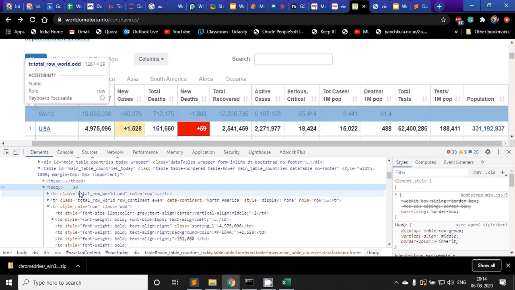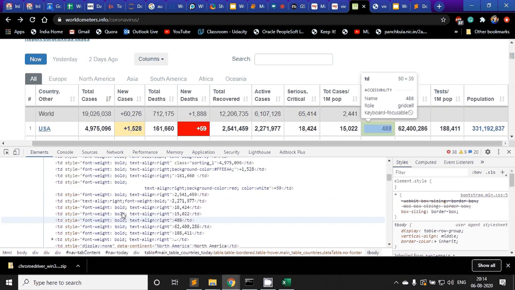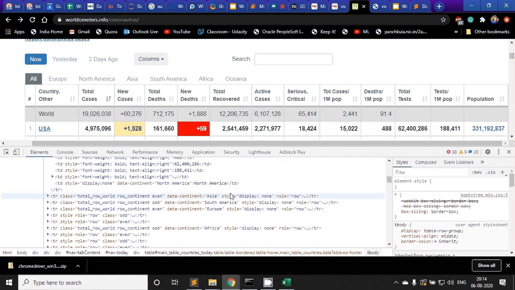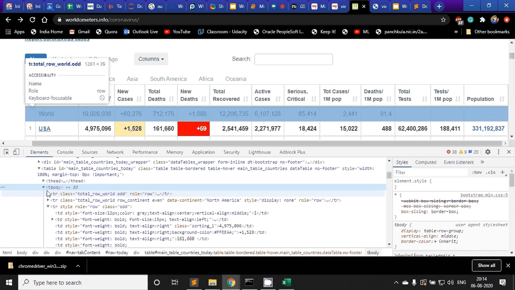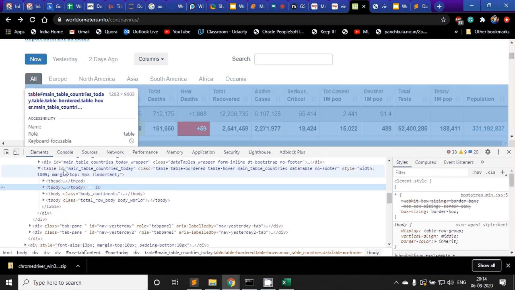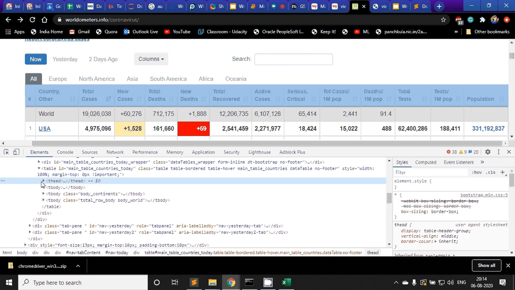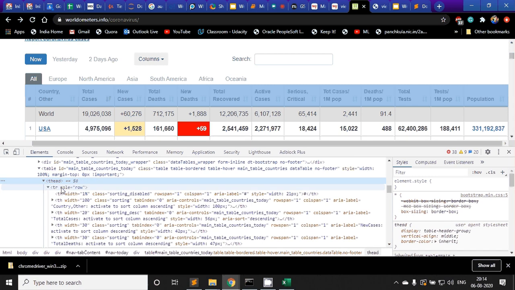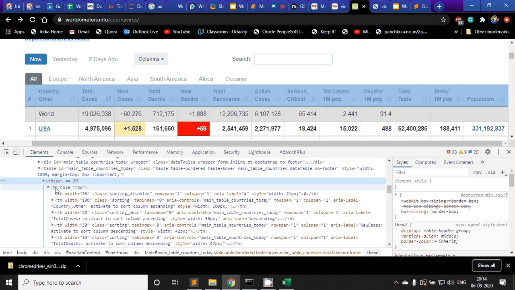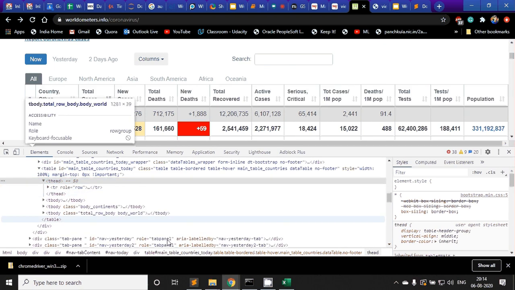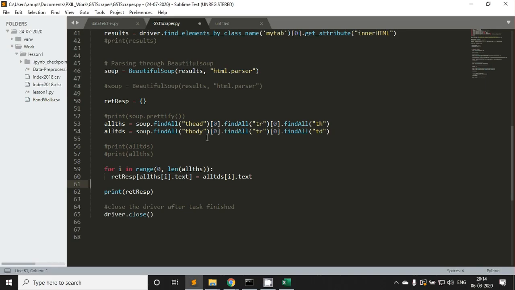In all of these rows, I have to find the th and td elements, as we saw in this example. Once that is done, we will define an output file and save that data.